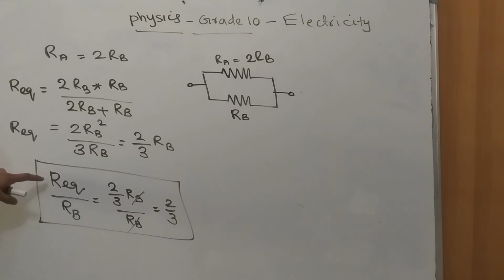Sometimes the examiner can ask the question like this: R equivalent with respect to RB. Then if you calculate, you will find the value is equal to 2 by 3. Hope you have